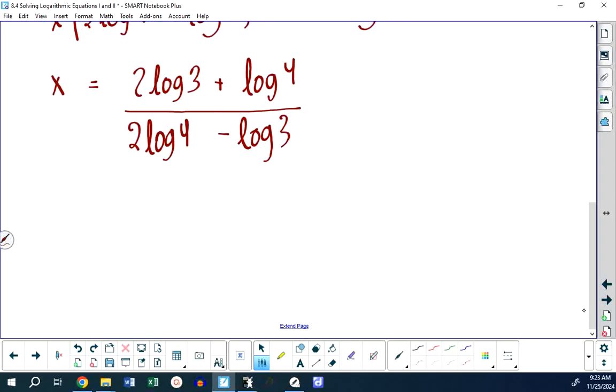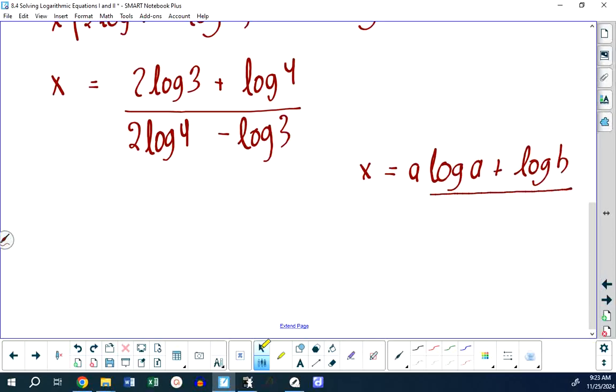Now, you're not going to see exam-style questions with this today because I haven't had time this unit to make any, but if I were to give this to you as a numerical response question, I might give you the equation and say x is equal to 2 log a plus log b over 2 log c minus log d. Okay, it could be that kind of thing. Or